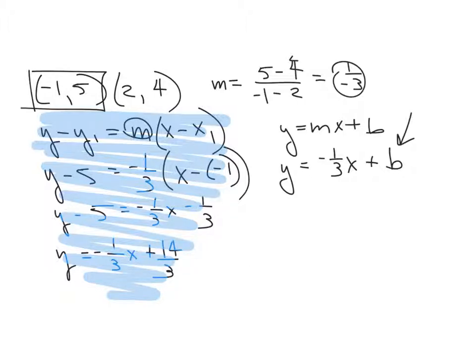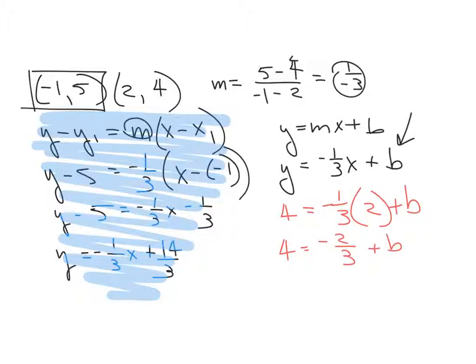So what we do here is we pick either one of these points. It does not matter which point we use. I like using the 2, 4 here because there's no negative. So let's just use that one. So I'm just going to put the 4 in for the y here, the 2 here, and so I'm solving for the y-intercept, because once I find the y-intercept, I'm done because I have the slope. So 4 equals